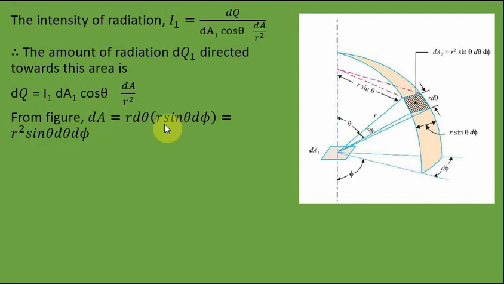The second part is r sine theta d phi. So this is the angle d phi. This is a very small angle. So if you take tan d phi, we can consider tan d phi as d phi only. So d phi is equal to this length divided by this length. So what is this length? We already derived it. It is equal to r sine theta. So r sine theta into d phi will give you this arc length. So this is the r sine theta d phi. The other one is r d theta.